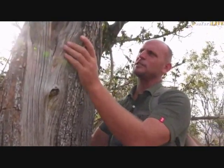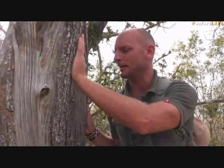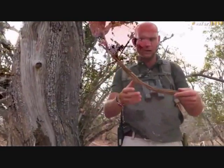Amazing. Now, they're called sneezewood trees because the very compound in here that makes them less attractive to termites and ants and fungus is very irritating in the nose. We get some. It's also got quite a